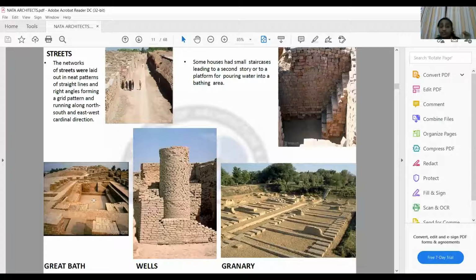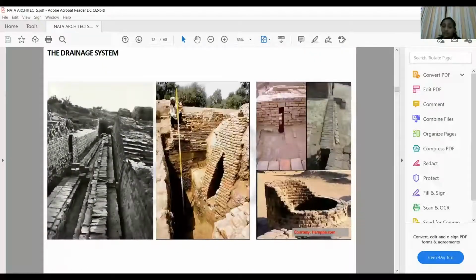Each of the streets was connected with sewer lines taken from the individual houses, and had these paths which were covered with stone slabs, because they even thought of servicing all of this if there could be any issues. So that was the kind of planning that these people followed.